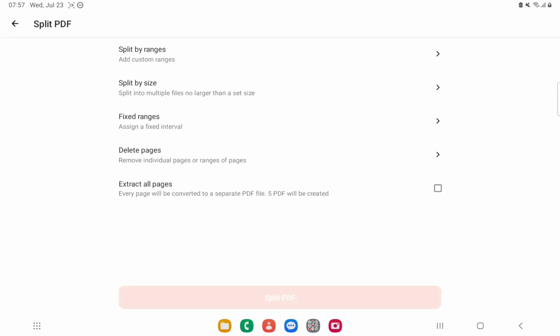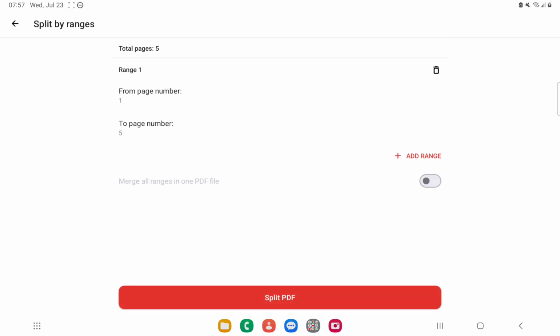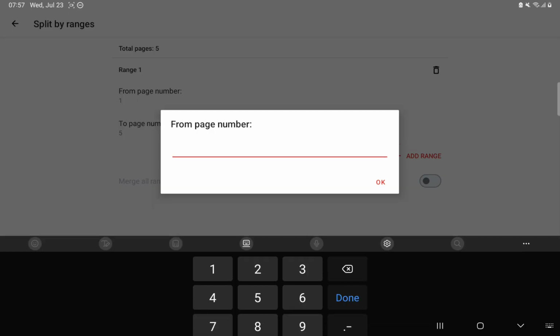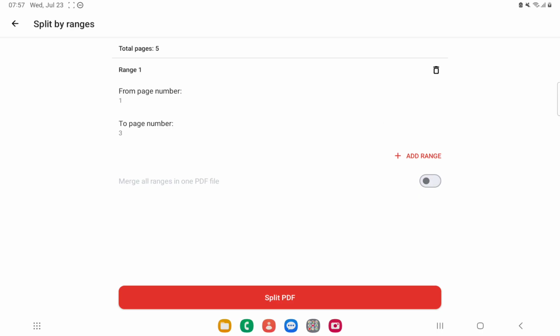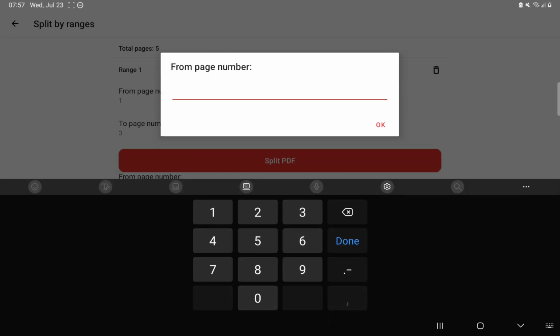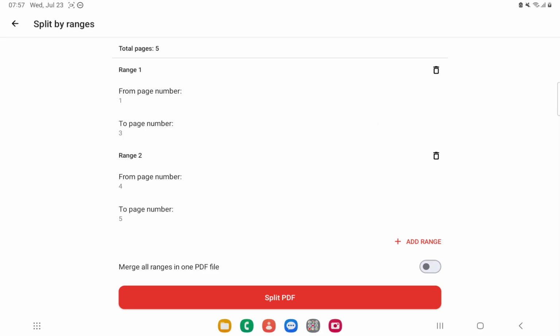Click on next. And now choose this split by ranges option where you can set from which page number to which page number you would like to create a new file. You can add another range as well. So now I have 5 pages and I want to have a document from page number 1 to page number 3 and another one from page number 4 to page number 5,